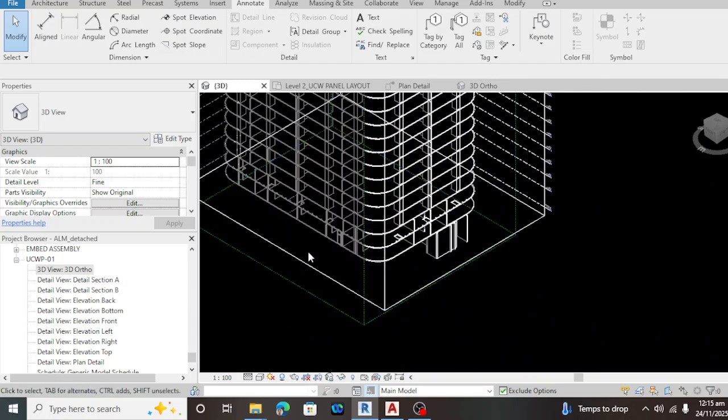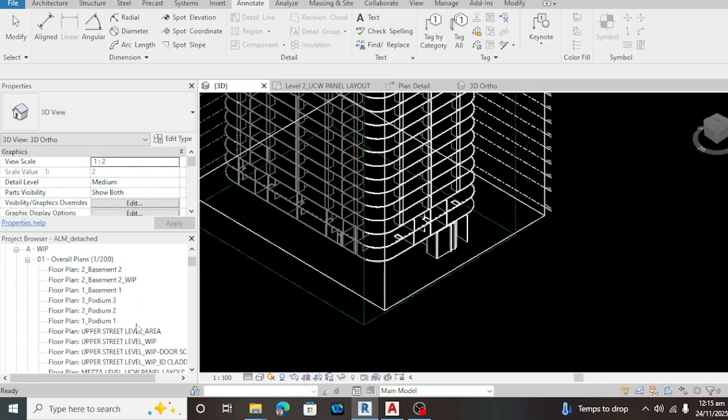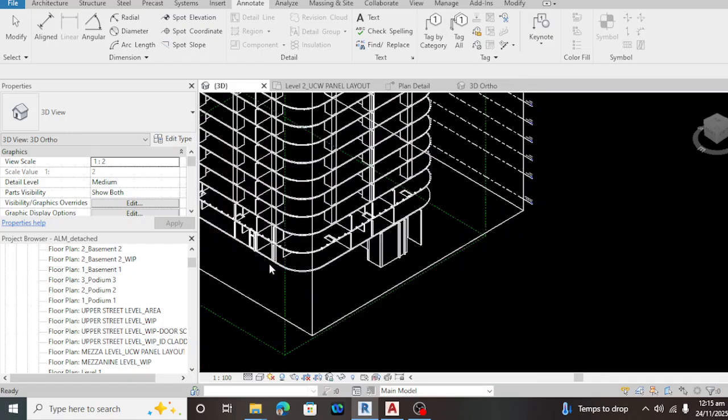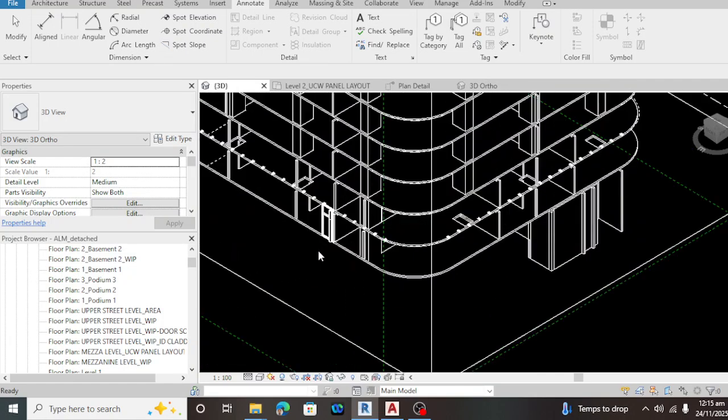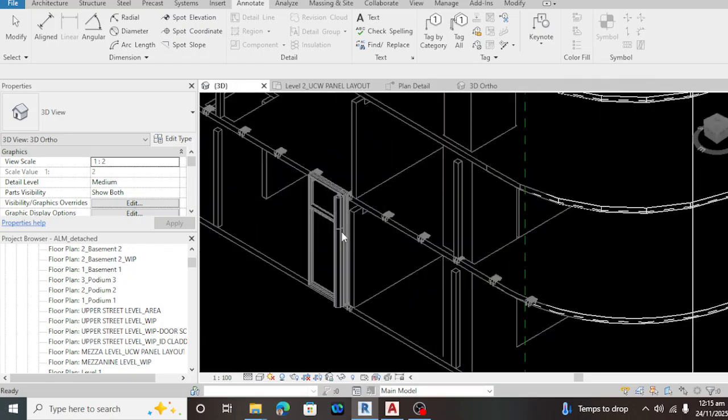I think there's a podium 1 and podium 2 based on their floor plans. Basement 2, basement 1, podium 3, podium 2, podium 1. Then the upper street level. Then the mezzanine. This is the mezzanine, guys. And I think there's a structural here to fix our curtain wall. This is our panel, guys.